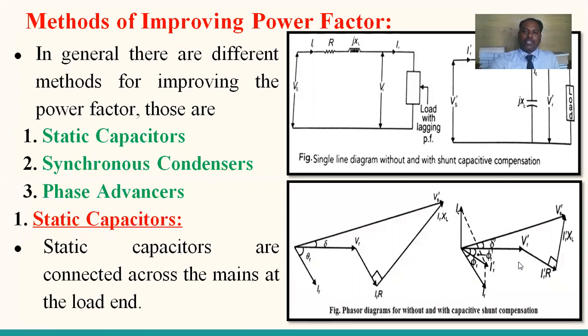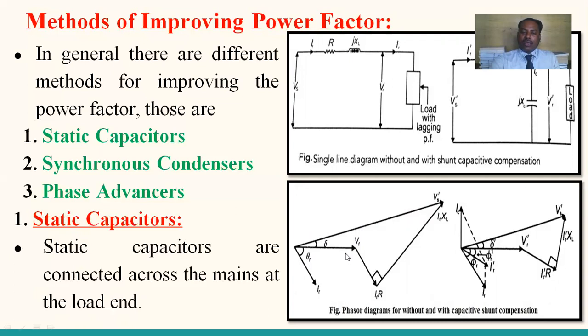Similarly, look at the phasor diagrams. All the AC quantities are vector sums; the vectors have a magnitude as well as a phase angle. So you see here, without a capacitor, the receiving end voltage, and this is the resistive drop in the impedance, and this is the reactive drop in the impedance. The summation of the receiving end voltage plus the total drop gives the sending end voltage. This is theta L, the lagging power factor angle, and this is delta, the angle between the sending end and receiving end voltage.